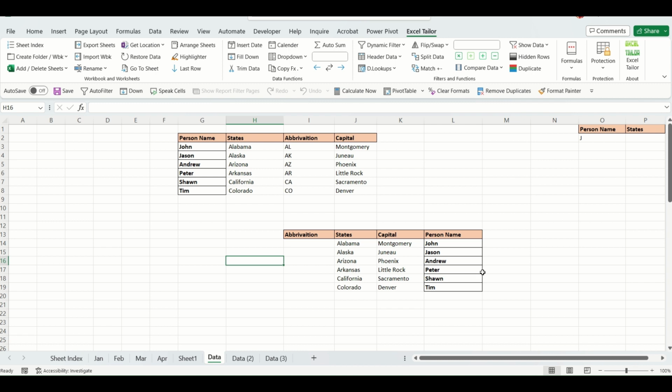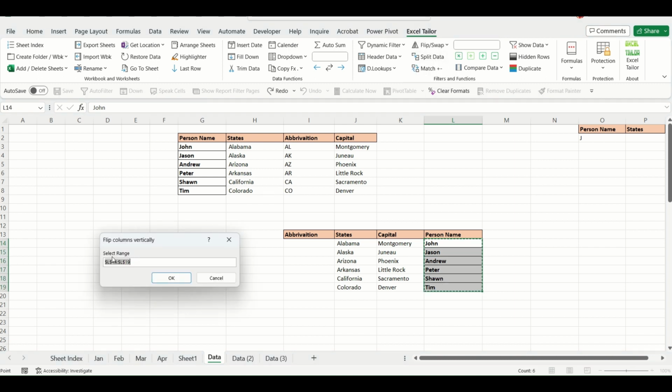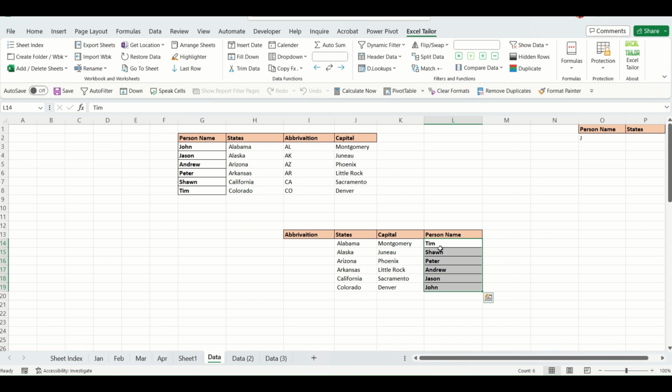The next function I am going to show you right now is the flip and swap function. So flip cells, it's very much self-explanatory. It flips data from top to bottom rows, right? For example, you can see this data. John is appearing first and Tim is appearing last. So I just want to flip this data. So I will select this data, click on flip cells, and it is asking me to select range. So okay, my range is already selected, and I click on OK, and you can see the data is now